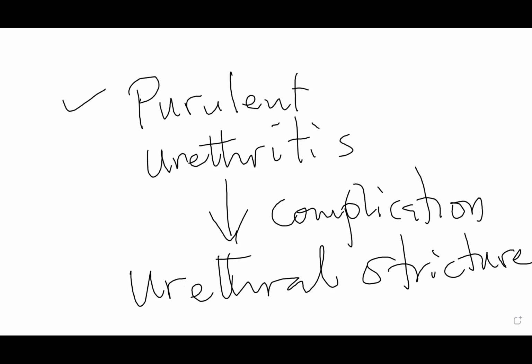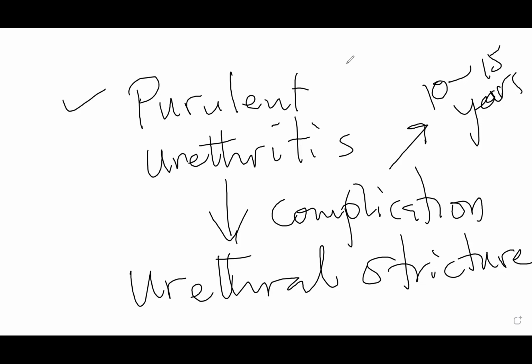This is a complication of purulent urethritis, and this urethral stricture can occur in like 10 to 15 years. It's not something that occurs immediately. It occurs like 10 to 15 years after patients developed this purulent urethritis. Okay. Now, because of fibrosis and all that pathogenesis that occurs,